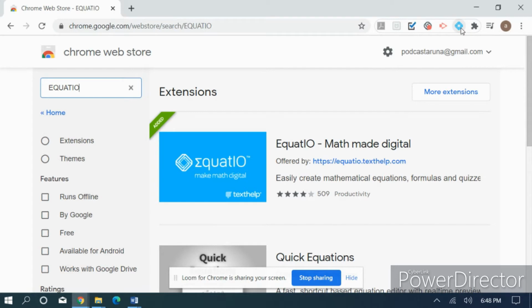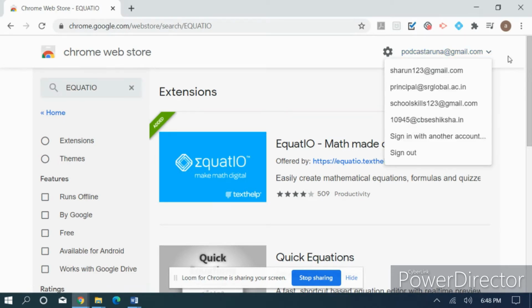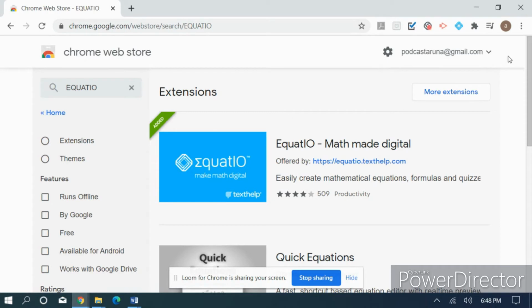So now, how to use it? For that, you'll again log into your Google Gmail ID, and then you have to open your Google Form. Okay, let us open the Google Form.